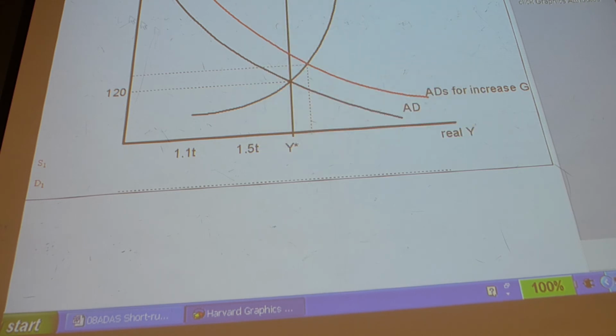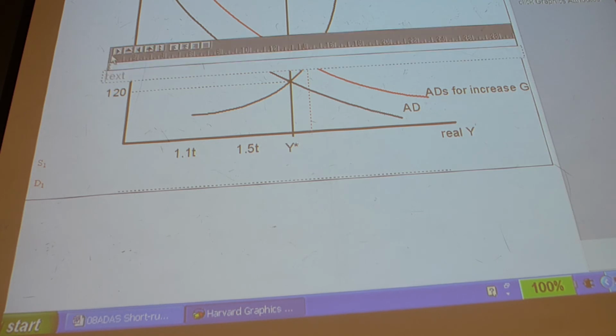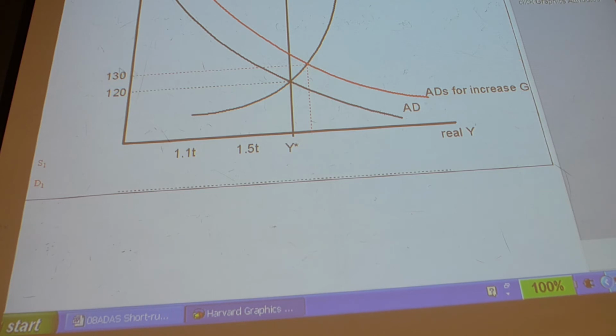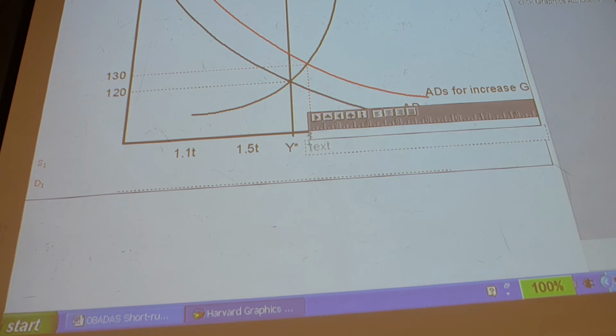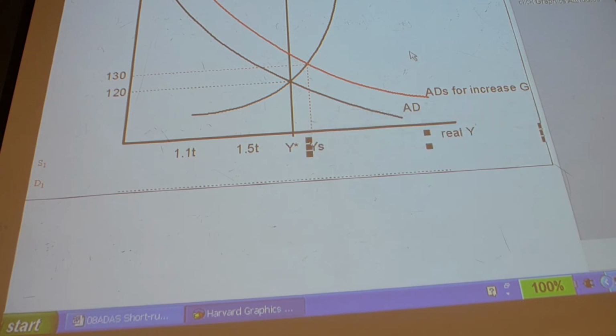So the argument then is, you know what? You guys are increasing government spending, and in the short run, you're going to push up prices. And it's true, you're going to get an increase in Y of some type. But remember I gave you the example of me contracting with somebody asking me to do a kitchen. Initially, and for a period of time, yes, the crew can work 12 hours a day. But in the long run, you can't.